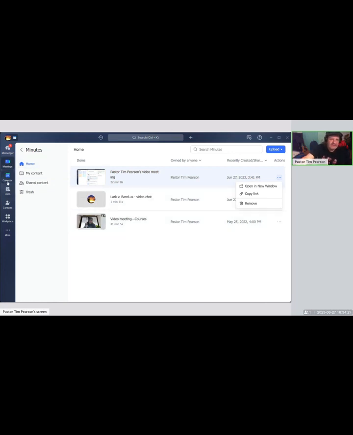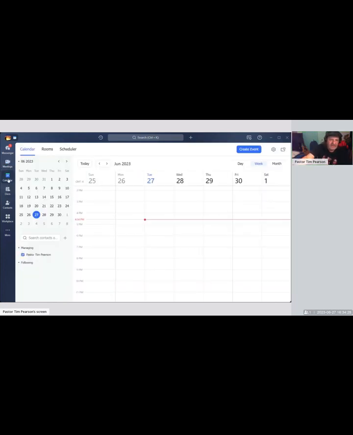You got your calendar. So when you create an event, it's going to pop up in here, and you can send that event out, and then other people can RSVP to your events. You could send that out to Facebook, Instagram, wherever you want, and now it'll create an actual advertisement.